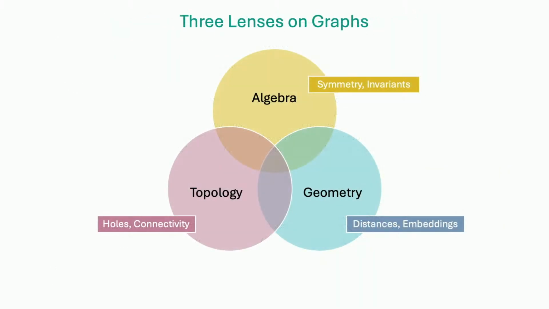Like I said before, I believe that geometry, topology, and algebra are very closely linked when we're considering graphs. So let's consider three lenses on graphs. Geometry treats graphs as metric spaces or manifolds, and develops tools from this kind of geometric viewpoint for graphs. Topology treats graphs as shape, and we encode them by connectivity or higher homology. And algebra treats graphs as objects with symmetry, invariance, and spectral properties. There are ways to look at graphs from these three perspectives and enhance learning techniques in a way that's quite powerful.